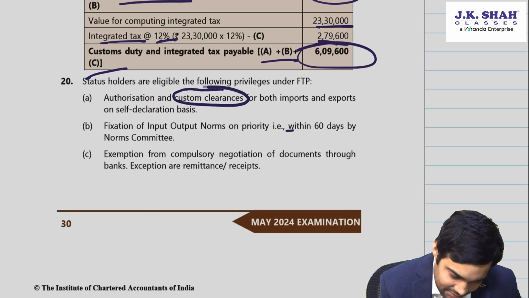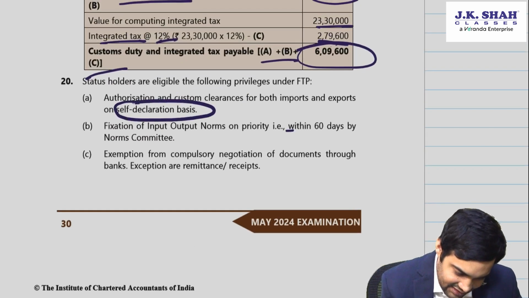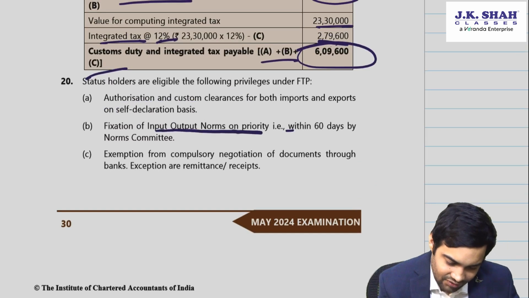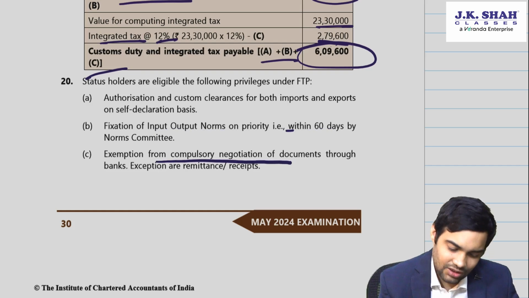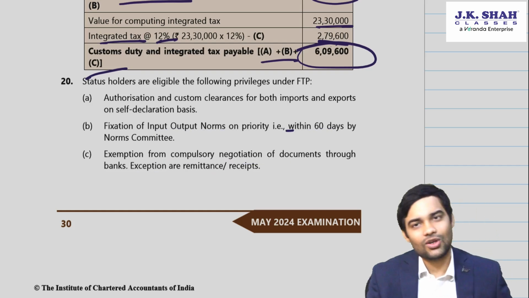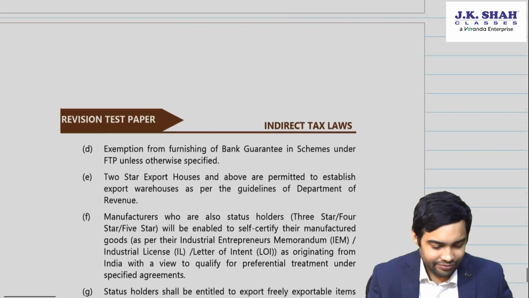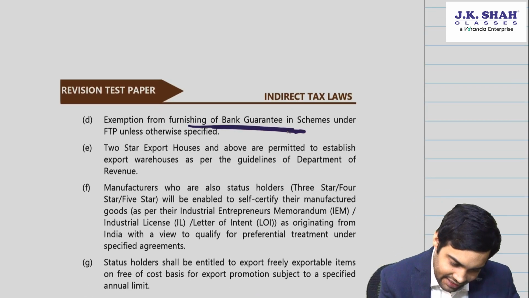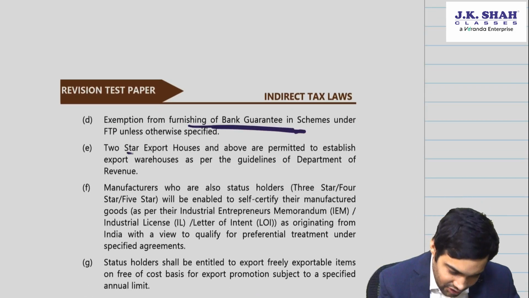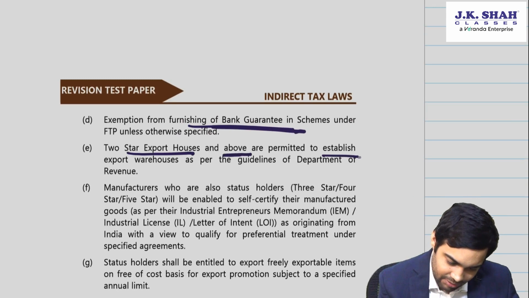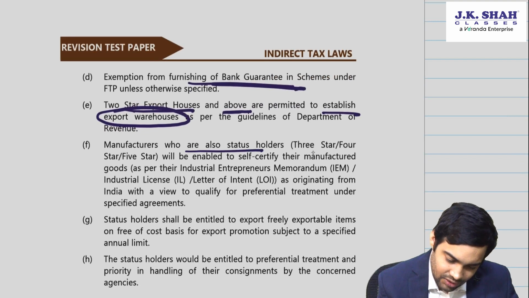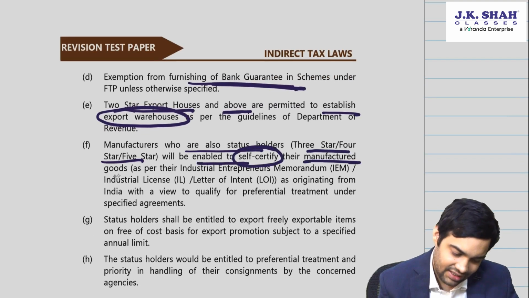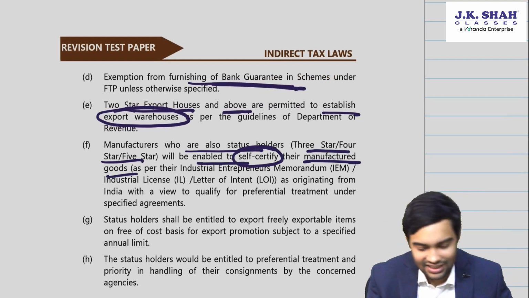Authorization and custom clearance on self-declaration basis. Fixation of CON on priority basis, that is within 60 days. Exemption from compulsory negotiation of documents through banks. Exemption from furnishing bank guarantee in various schemes. 2-star house and above are permitted to establish export warehouse. Manufacturers who are 3, 4 or 5 will be enabled to self-certify that these goods are originated in India